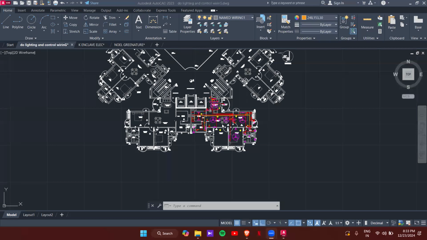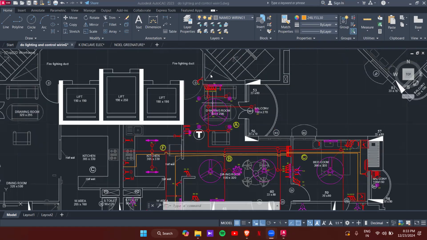Okay, so today we can start with the DB scheme. Based on the components we have given, the lighting fixtures and the objects we have placed, we have to calculate the total connected load of this building. We have to calculate section wise, for A, B, C, D separately, and based on that we have to create a DB schedule for the